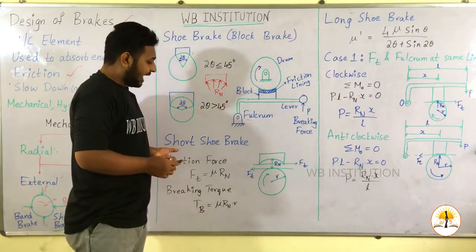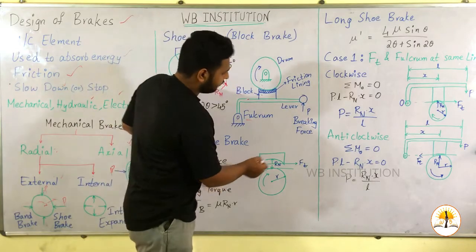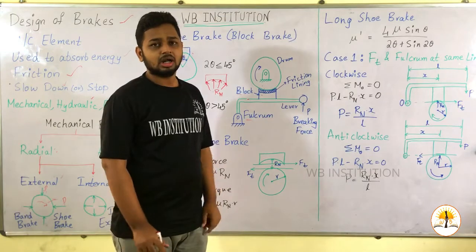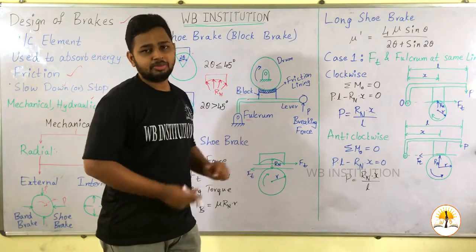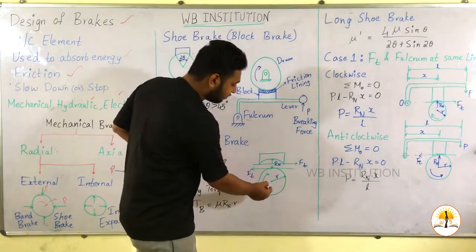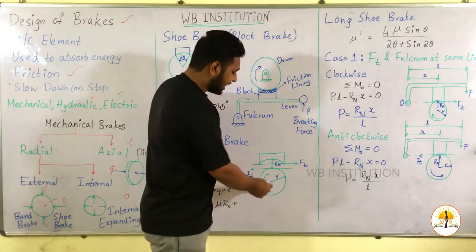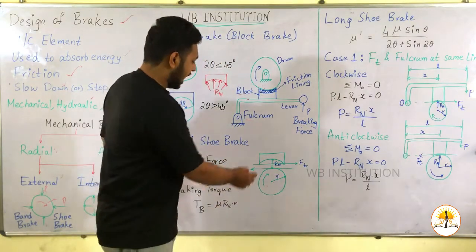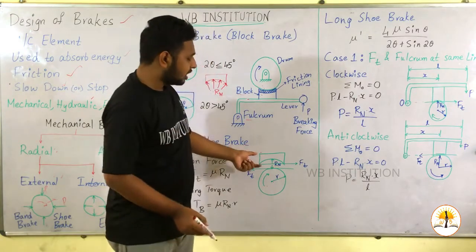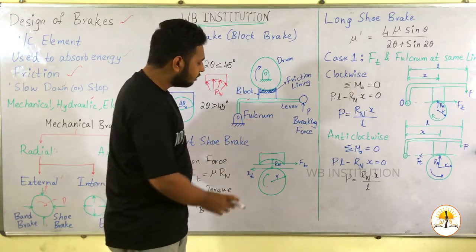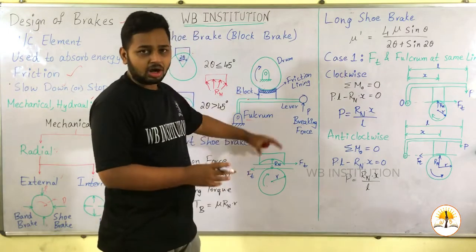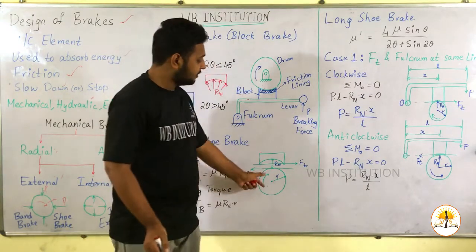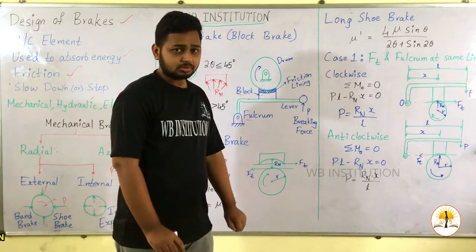Now we have to calculate the amount of braking force, which we can call the braking torque. We have to calculate the amount of braking torque. So there is a drum which is rotating clockwise and it has an outer radius of r, and we have a shoe block which will be acting. Now it is not acting, so there will be no reduction of the speed in the rotation of the object.